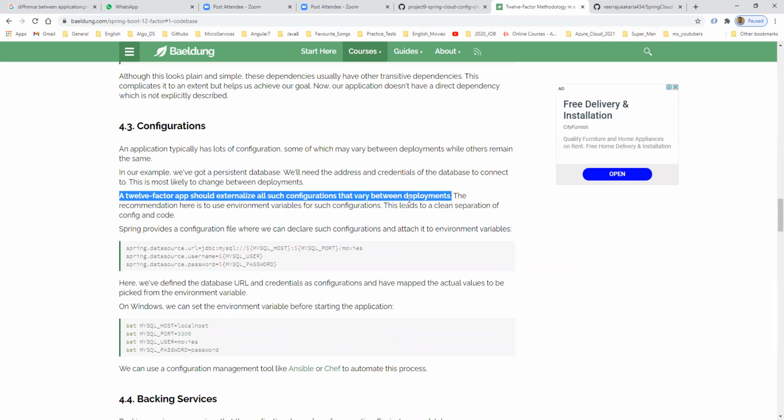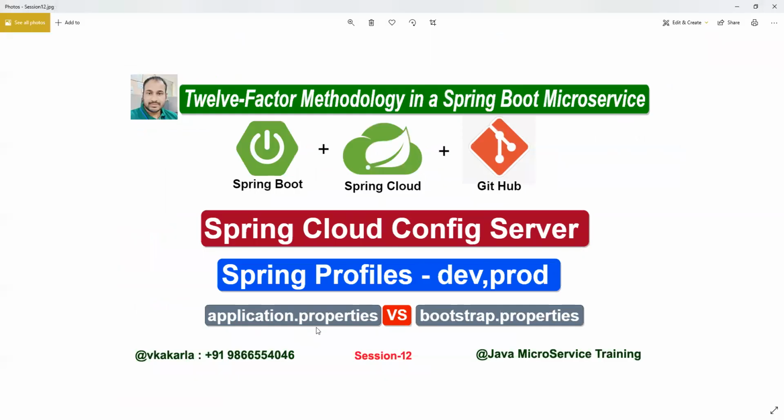You have different environments: a dev environment, a SIT environment, a UAT environment. Different environments have different hosting servers. So whenever you are configuring your profiles or properties files, you need to configure them with respect to the environment. So those files should be externalized, not local. If you are configuring properties in application.properties, that comes under local.